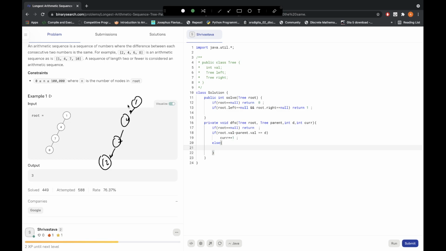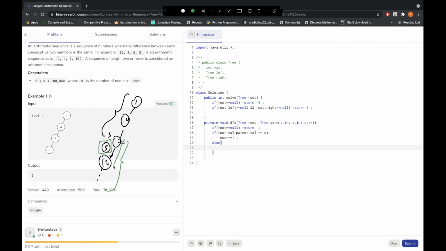At this point, the current running difference would be 3. But when we do 12 minus 7, the difference will be 5. So the current path will be 3, but from 7 to 12 we'll have to start a new path, because the difference has changed to 5. So my new arithmetic sequence will start from here, as the difference got changed.